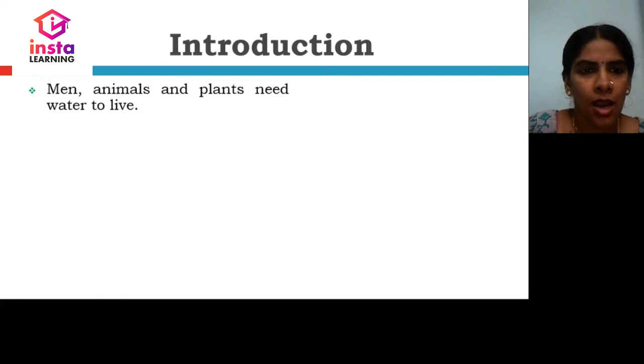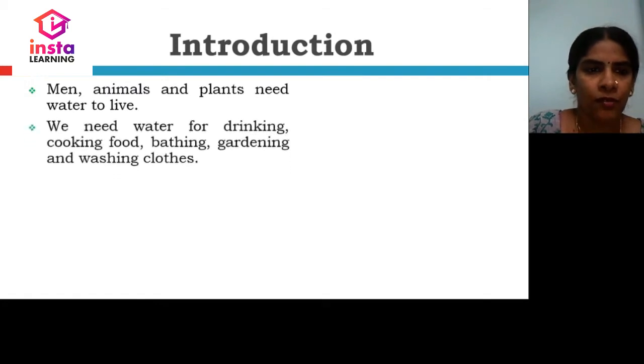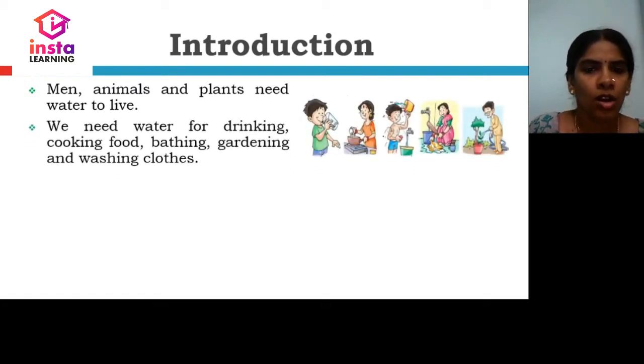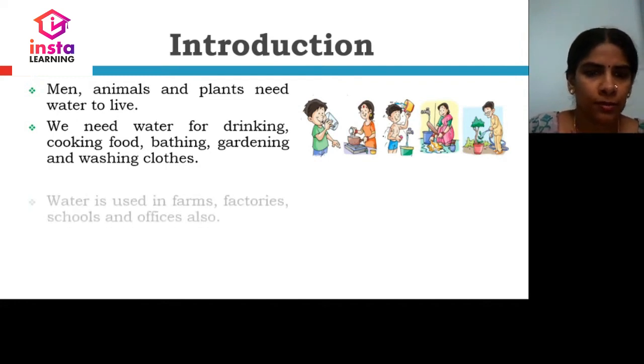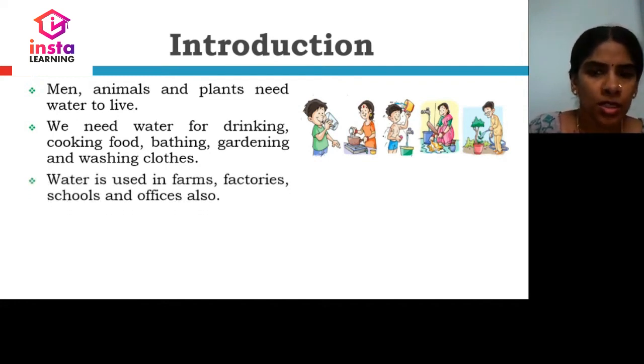Men, animals and plants need water to live. We need water for drinking, cooking food, bathing, gardening and washing clothes. Water is also used in farms, factories, schools and offices.